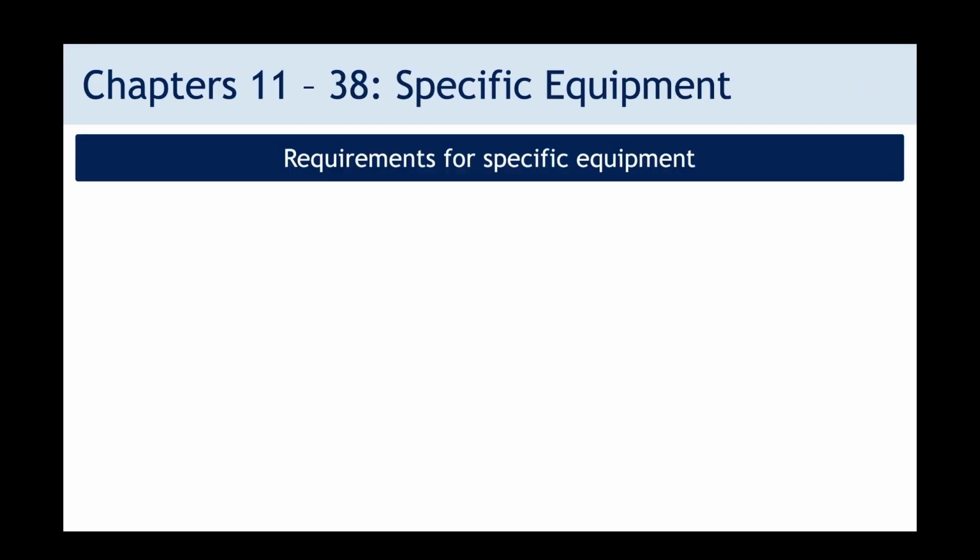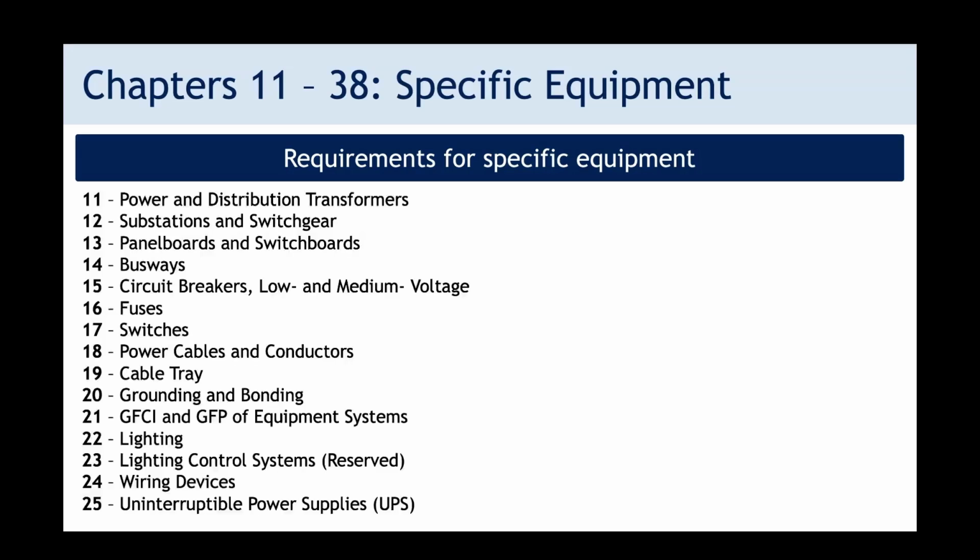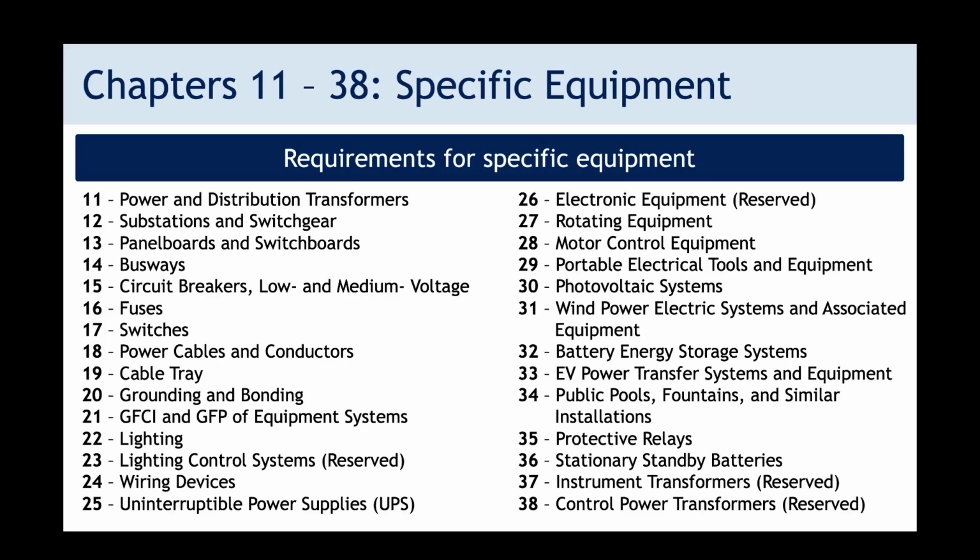Chapters 11 through 38 detail specific requirements for specific equipment. So these are requirements for specific equipment, and I'm not going to read these all off to you. You can go ahead and take a look at the list here. It's broken down into things like transformers, switchboard and switch gears, breakers and fuses, different types of wiring methods, lighting